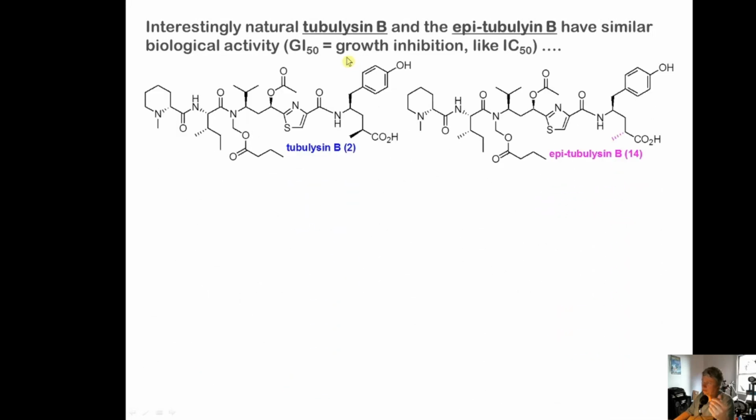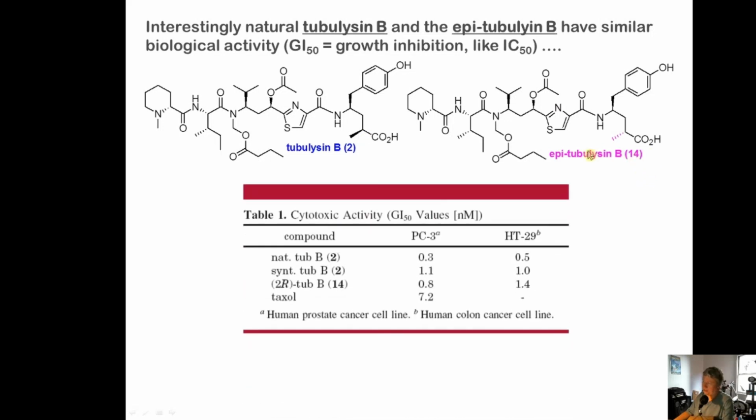Okay, and this was interesting in this paper, and it's a pretty readable paper. You should check it out. Interestingly, natural tubulysin B and epi-tubulysin B have similar biological activity. So they did a tumor growth inhibition assay. It's kind of like IC50. They're inhibiting the growth of a tumor cell. These are the two molecules, with the difference being right there, carbon and carbon. And they used two different cancer cell types. This is a prostate cancer